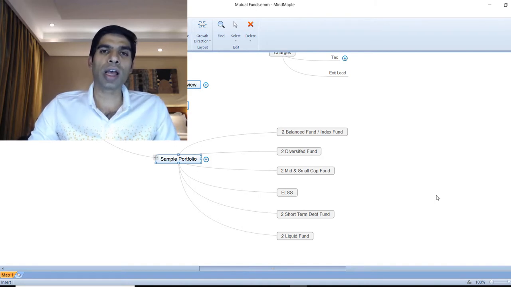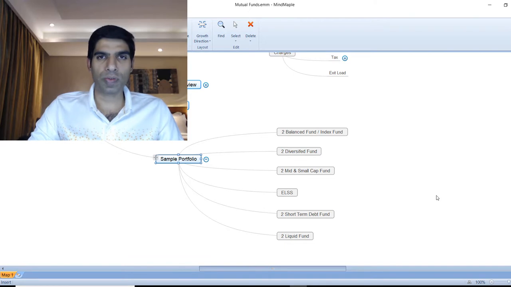Once you get a hang of how the debt fund actually behaves, maybe you can try and experiment a bit. But if you're starting out, I think it's best to stick to short-term debt funds for your medium-term investment needs. For a very short duration, you can have two liquid funds. If you have a big sum of money and you have to diversify a bit, then you can invest into two liquid funds. If it's a small amount, then even one liquid fund should be good enough, right?